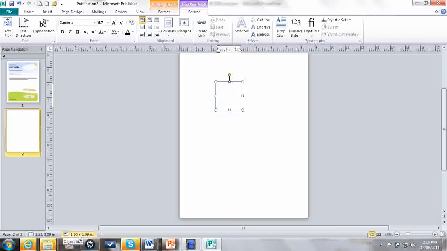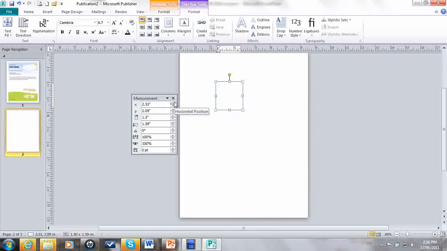Object size is telling me how much again, and this is in inches. So it's telling me here, if I click on these down here, it will give me my measurements. It opens up the little measurements box as well, and it can tell me, so if I wanted to